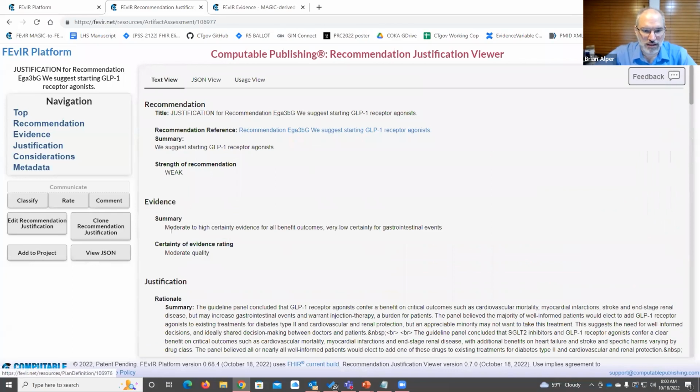And I noticed in the constructor, we have certainty of evidence rating is moderate quality. And the summary says moderate to high certainty evidence for all benefit outcomes, very low certainty for gastrointestinal events, but that's actually a summary of the certainty of evidence, not a summary of the evidence. So I'd like to change that. So I'm going to edit this